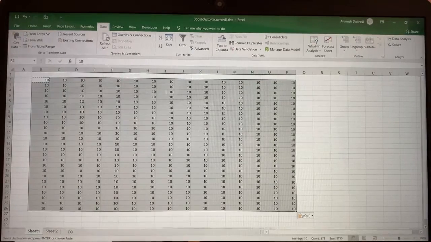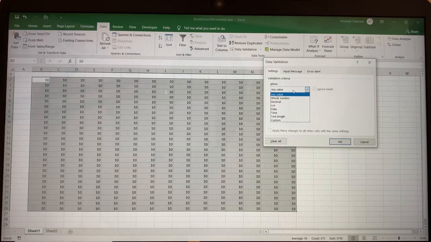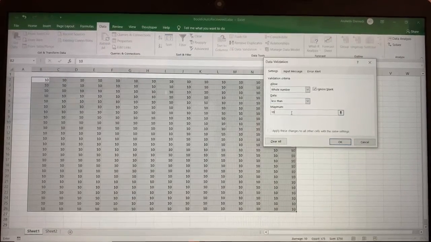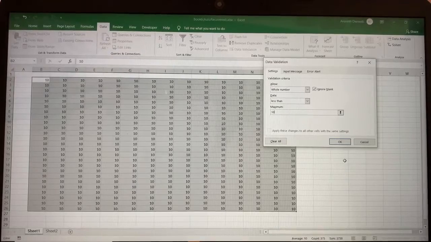If the count is 375, that means there are a total of 375 cells here. If I apply a simple data validation here, that the value should be less than 10, this is definitely not going to follow the pattern here. So all of them will not get